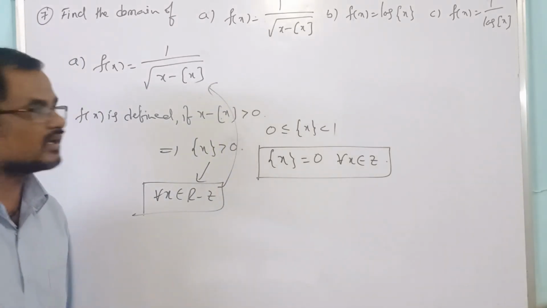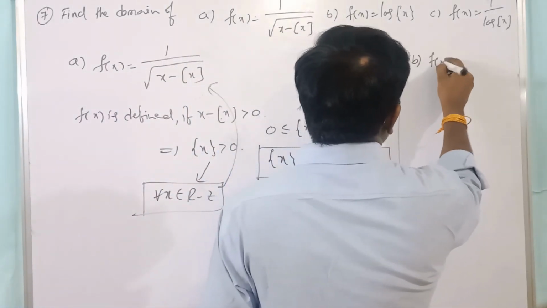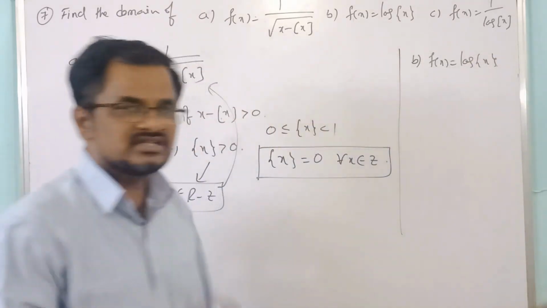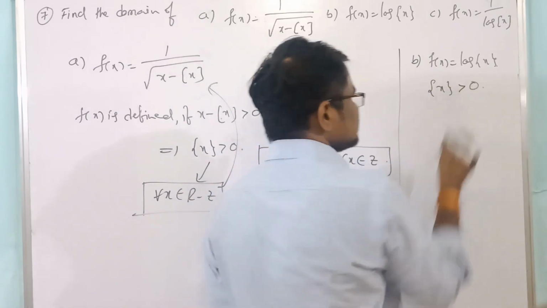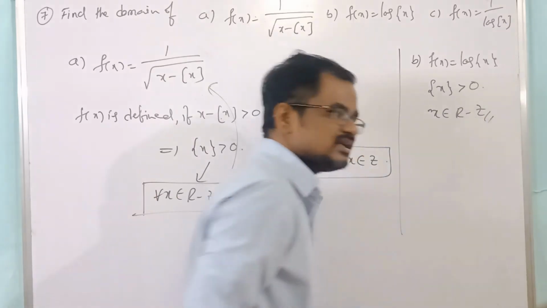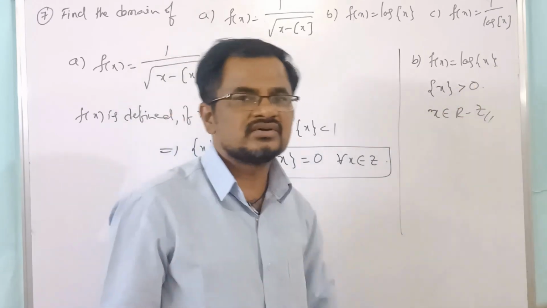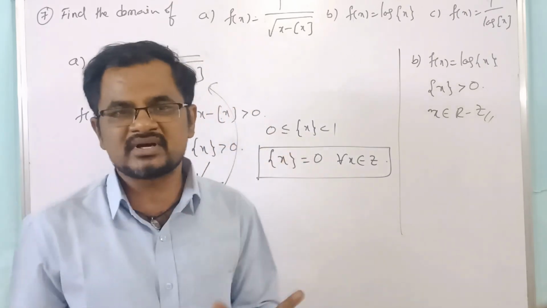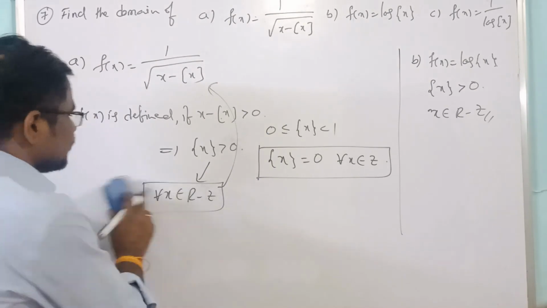That's it, right? Now the second one is also the same. That is b, f(x) = log of the fractional part of x. In the form log f(x), f(x) must be greater than 0, meaning the fractional part of x is greater than 0. It is greater than 0 whenever x belongs to R minus Z, because if x is an integer, the fractional part of x equals 0. Other than integers, the fractional part of x is greater than 0, because its range is [0, 1), right? So this is about b.